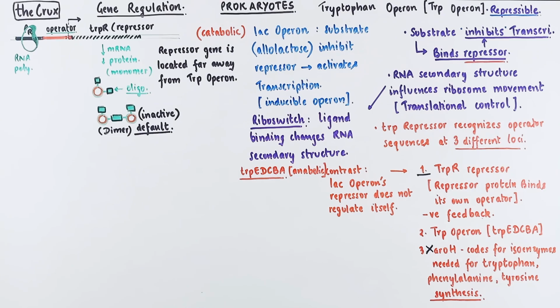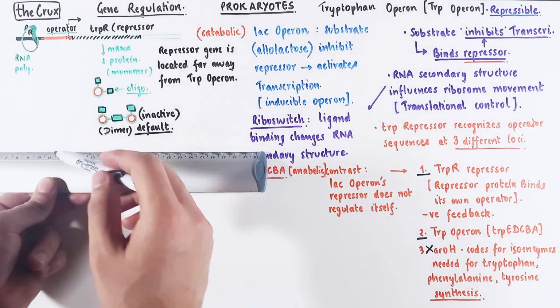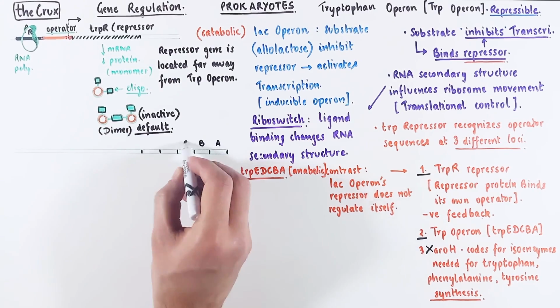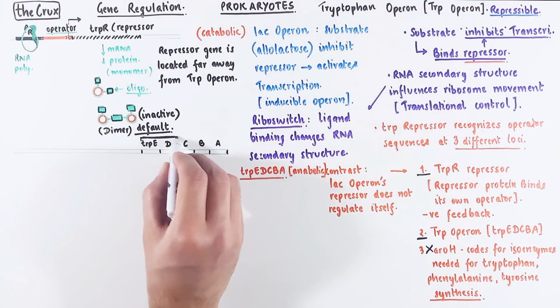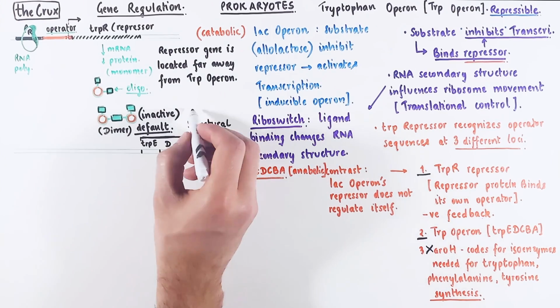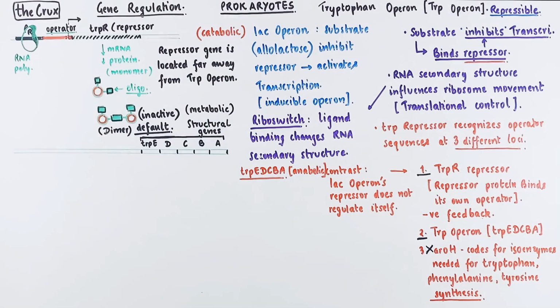The second locus, the interesting one, is the trp operon itself. In this operon, you have 5 genes named A, B, C, D, and E, and they form the structural genes. And technically speaking, they are metabolic genes. Now here is where things get interesting. Just upstream of the trpE gene